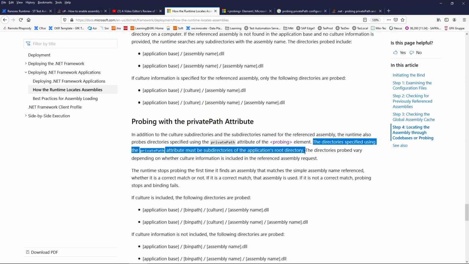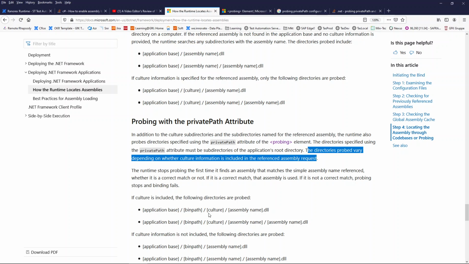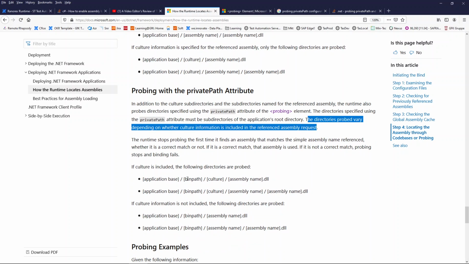So you cannot target a directory which is in a common place in the system. For example, if I put a framework at the root of the C drive, you cannot use this. The directories probed vary depending on the culture, so there are some rules you can check.